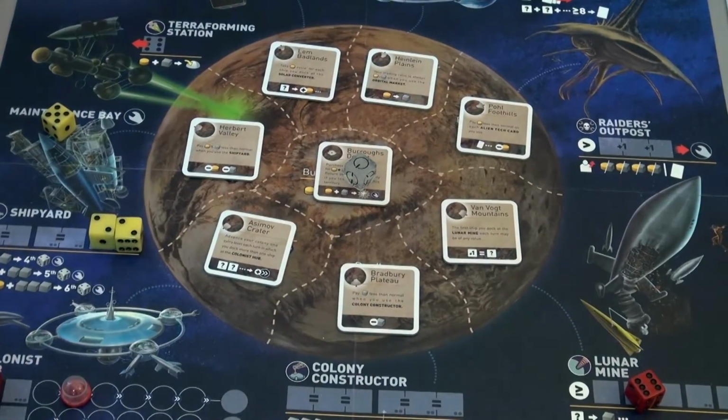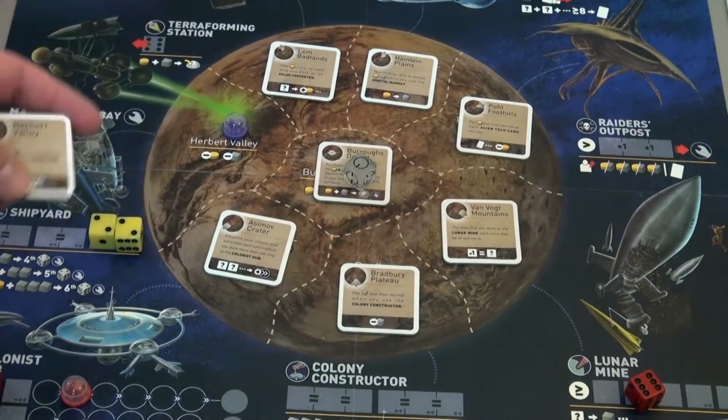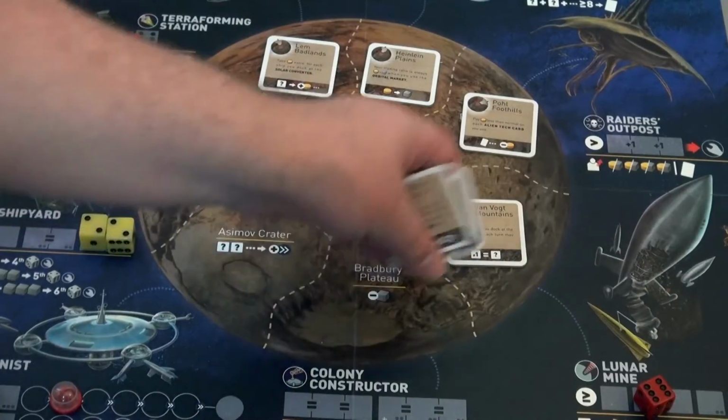So he's going to place his colony here in Herbert Valley. That gives him access to this ability because he has majority control of that location. Pay 1 energy and 1 resource less than normal when using the shipyard. It's very, very strong. And the way this works, I'm going to take these off because they're kind of ugly,